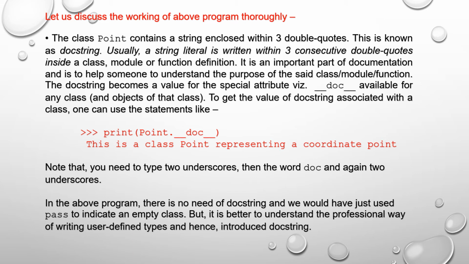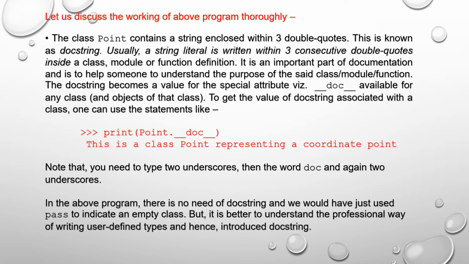So now let us discuss the working of the above program thoroughly. The class Point contains a string enclosed within 3 double quotes. This is known as a docstring. Usually a string literal is written within 3 consecutive double quotes inside a class, module or function definition. It is an important part of documentation and helps someone to understand the purpose of the class, module